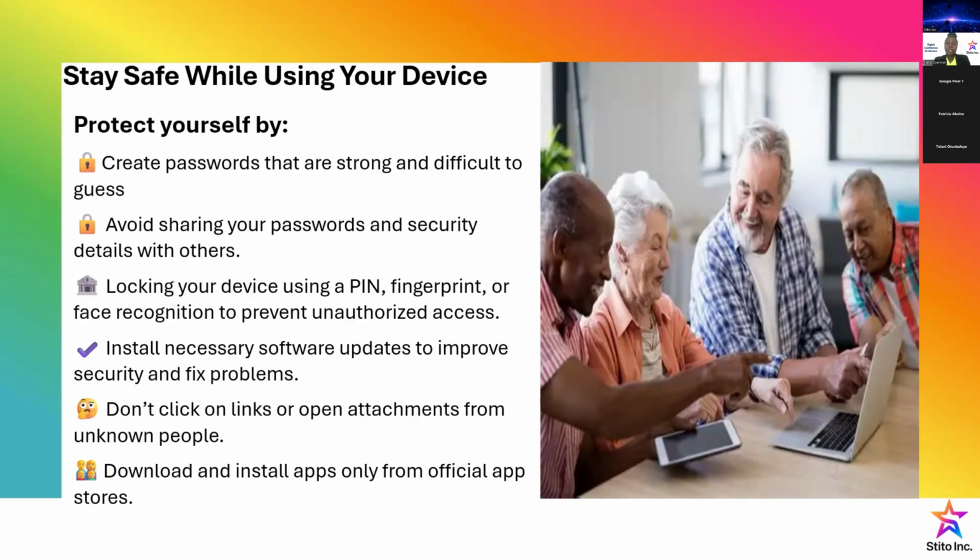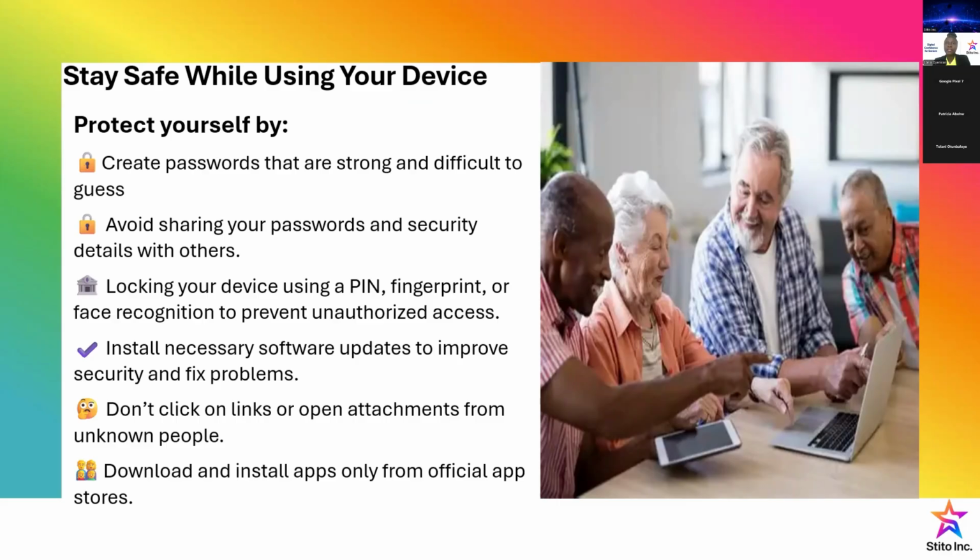Please, when you are asked to create a password, don't use your date of birth, your name, your birthday, the year, and all those things. They can be guessed from other details you have entered somewhere before. Use a password that is strong. Some will tell you 8 characters, 5 characters, 12 characters, and the like. Some will tell you to combine it with symbols and numbers and letters, just to make sure it is not easy to guess by somebody.